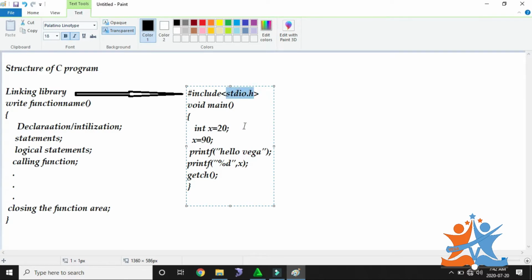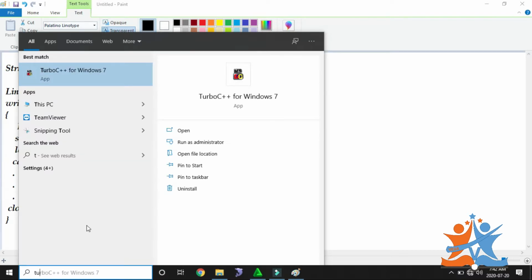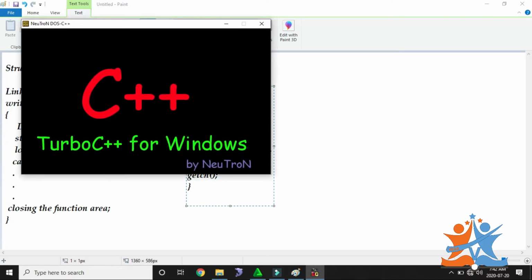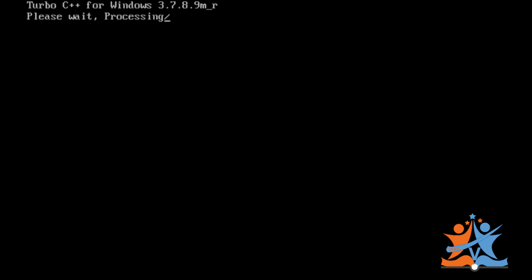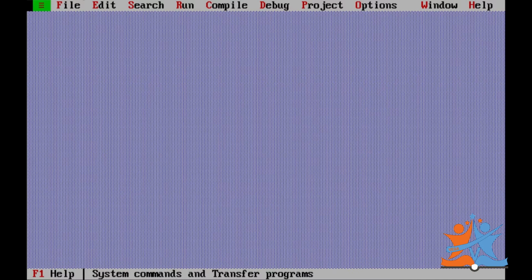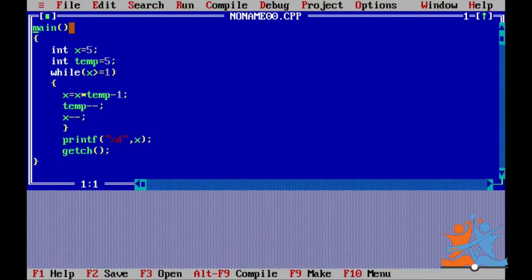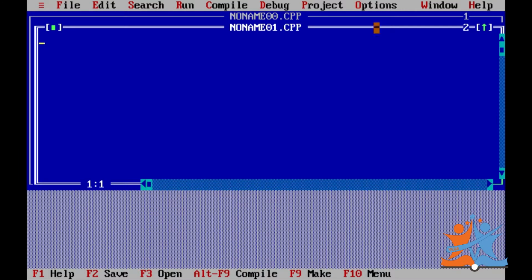Okay, so let's run this program and see what happens. Here we need to take File, New. Okay, here we have a new file.